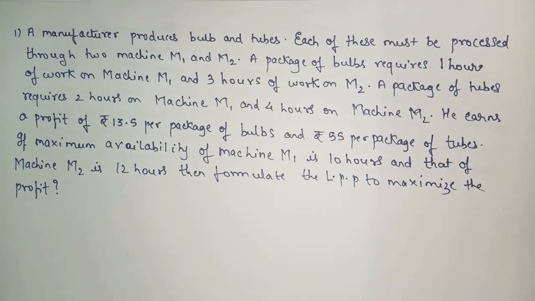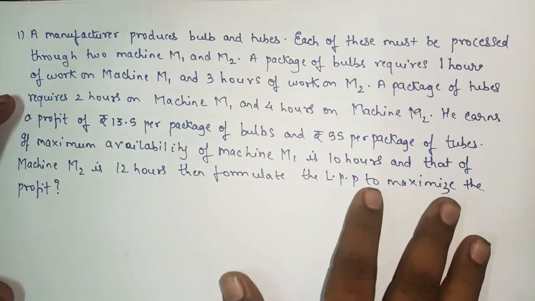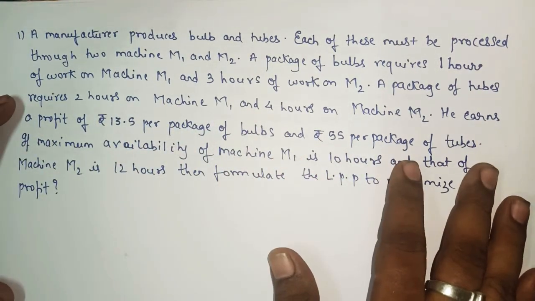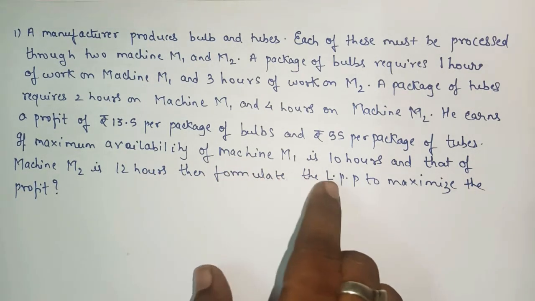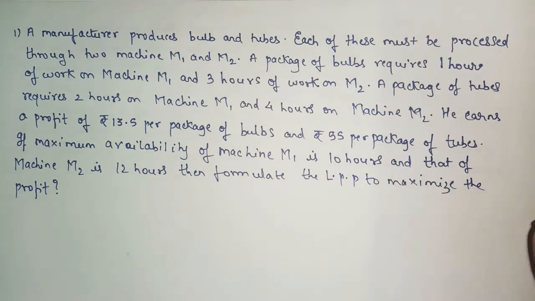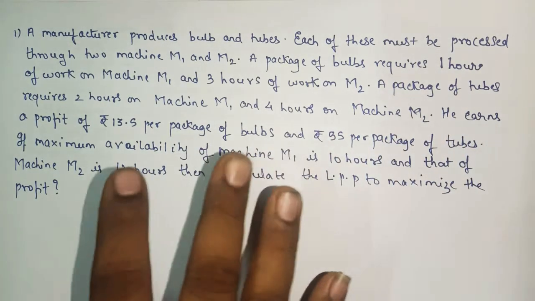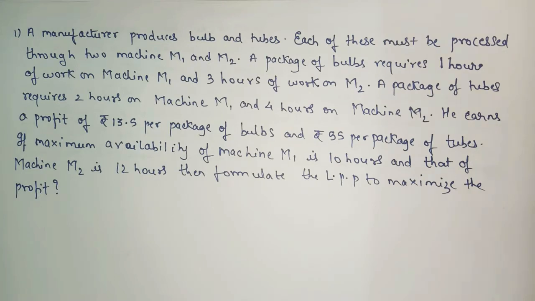In the last lecture we saw how to plot, how to find the feasible region, and with the help of the corner points we got the answer for Z. Here, if in the board exam they say you have to formulate the LPP and also draw the graph, then it is compulsory to frame it and then draw the graph also. If they provide graph paper, you draw the graph on the graph paper, otherwise you draw on the paper itself.